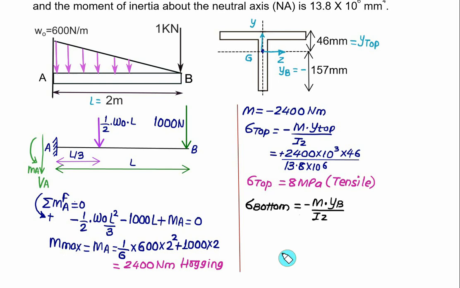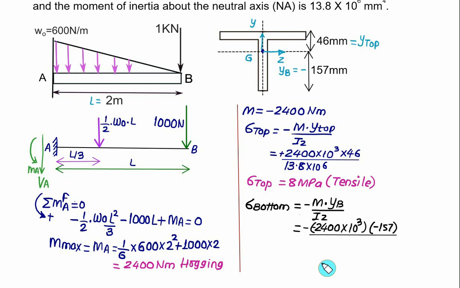So maximum stress at the bottom fiber is minus M into yb divided by Iz. So we have minus. Bending moment is also negative, 2400, but negative value. So we have minus 2400 into 10 to the power 3, that is Newton mm. This is negative, negative, negative become positive, but we have yb is also negative. It means that resultant value will come out to be negative,